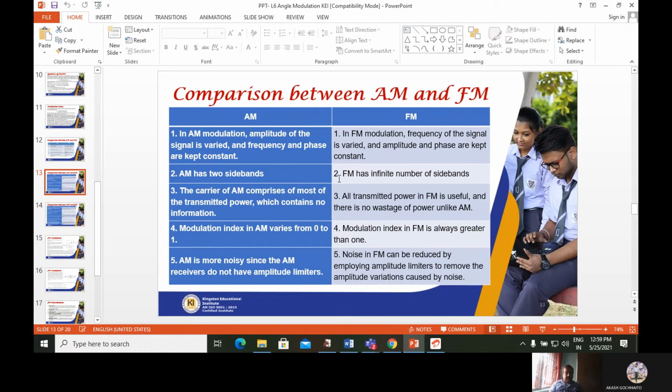Third point is that the carrier of amplitude modulation comprises most of the transmitted power. Already আমি দেখিয়েছি, carrier মানে DSB-FC, ফুল ক্যারিয়ারের যেটা, এটা থাকে সেখানে carrier is taking the maximum power at around 67%, whereas your actual message power